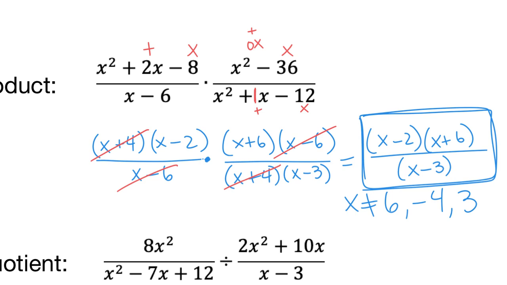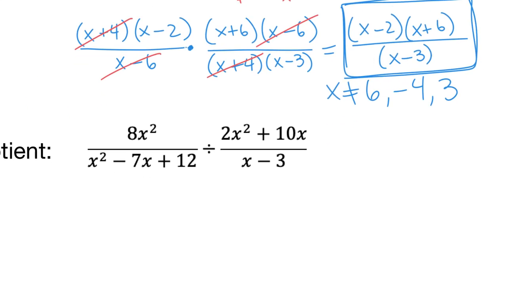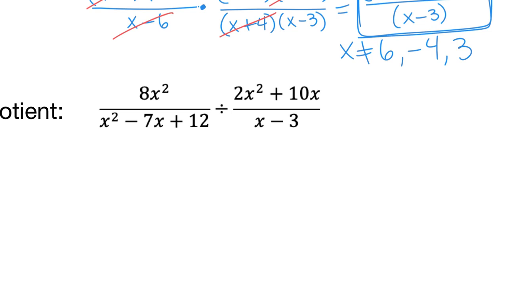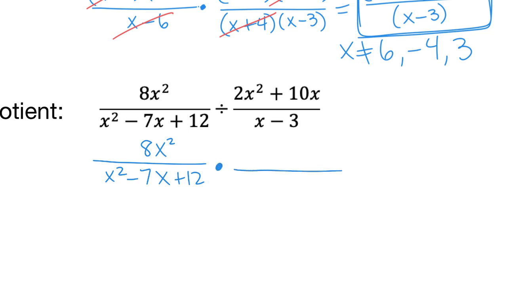All right, moving to the next example. Here we go. We have to start off on this one by switching it to multiplication. So I'm going to keep the first one exactly the same before I even worry about factoring. I'm going to switch that to multiplication, and I'm going to flip my second fraction. All right, now that I have it in multiplication, I can just do it exactly the same by factoring. And it looks like,